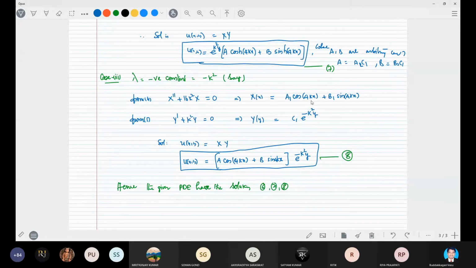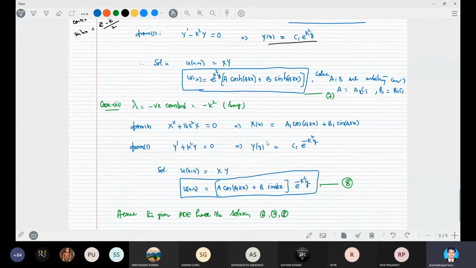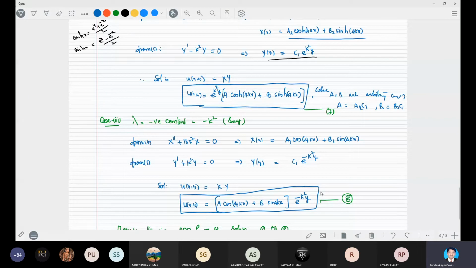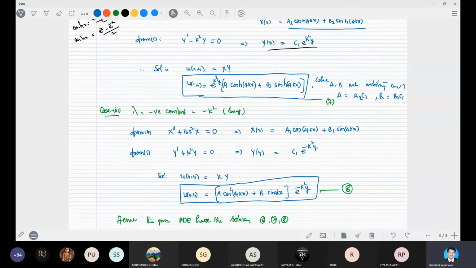Usually, based on the boundary and initial conditions, we choose the most suitable solution out of these 3 possible solutions. Understand, students? Any differential equation you solve by the method of separation of variables will give you 3 possible solutions based on that constant lambda. If you choose the zero constant, it will give you one solution. If you take a negative constant, it will give you another solution. If you take a positive constant, it will give you yet another solution.